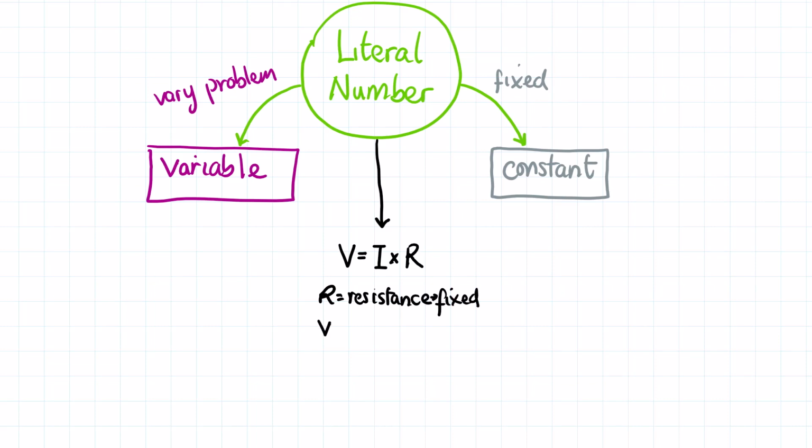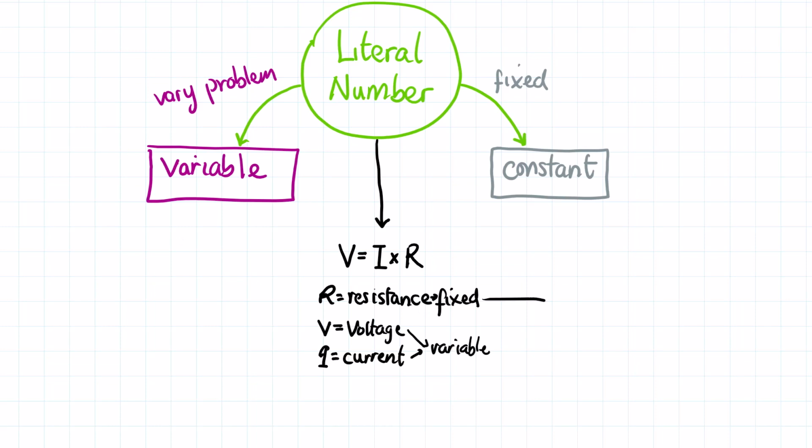We have V changing, which is known as the voltage, while I is known as the current, which is going to be changing as well. So these are known as the variables, while the R, which is from the resistor, is known as the